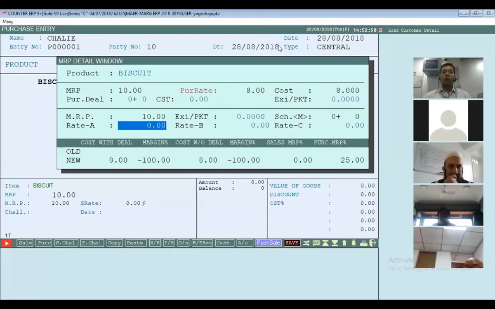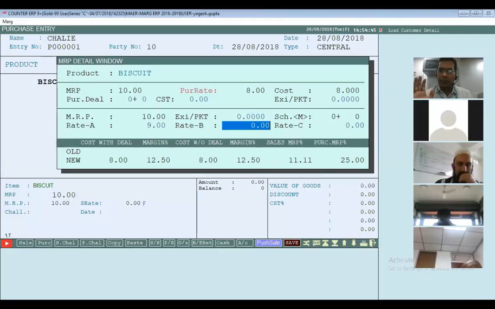Now it is rate A. I think we discussed this yesterday. This is rate A, the rate at which I'll be selling. Here I put the rate. Suppose I am selling at 9 rupees. I put here ₹9. Because in India, generally we do not sell or purchase on an MRP basis.